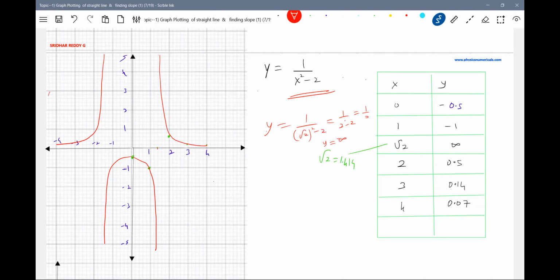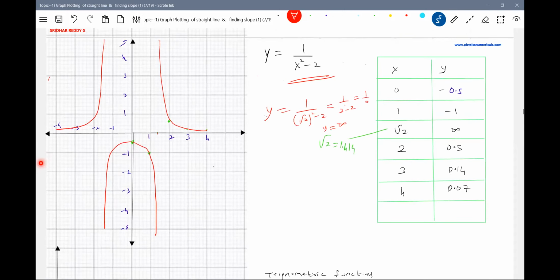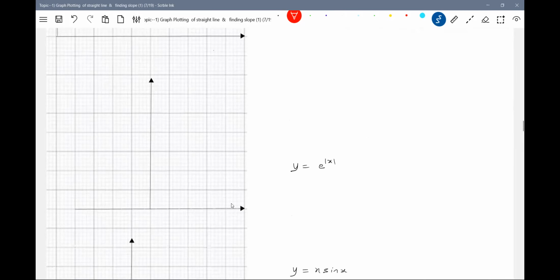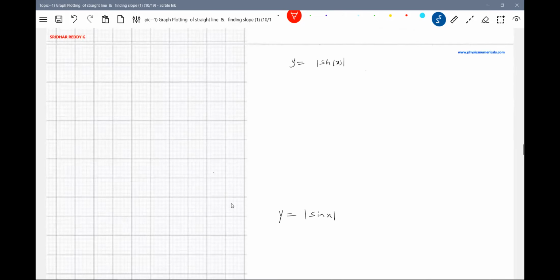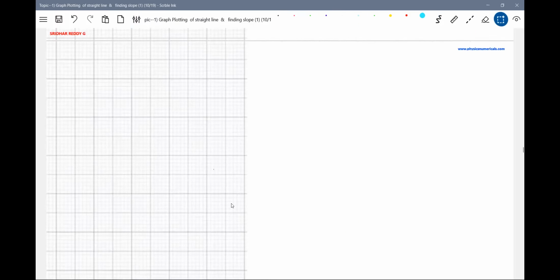Very large value it is. After this, we had some discussion about this. So we'll go for some rectangular hyperbola, parabolas, the other functions. Sin x, I'll come to this later on. The ellipse we will go for it. Just a small thing, in depth you are going to learn